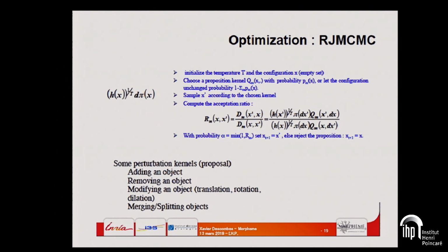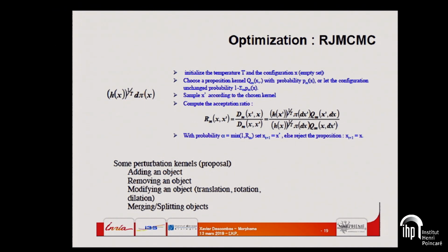But here the problem is, that's nice in theory, but what kind of perturbation can we do? In usual Markov fields, you can change the value of one pixel, and that's it. But here, you must be able, of course, to change the number of objects in your configuration, because you must be able to go from any configuration to any other configuration. So you need to be able to add, what is called birth, an object, and to remove an object. But if you only have these two kernels in your algorithm, you can easily understand that it will take some time, because you have by chance to add the good object with the good marks at the good place. So you will have to try a lot of possibilities before getting the good solution.